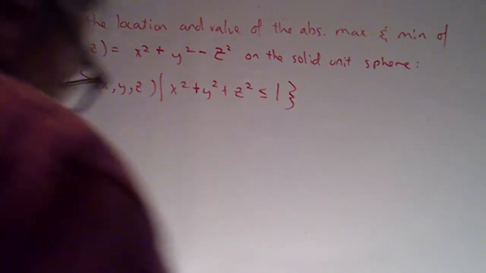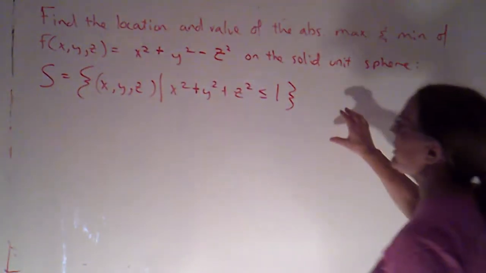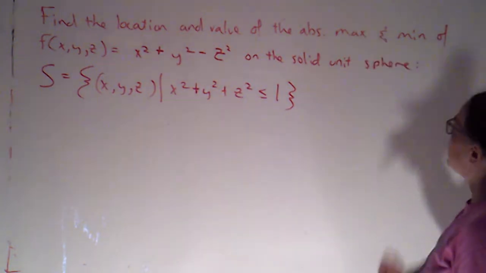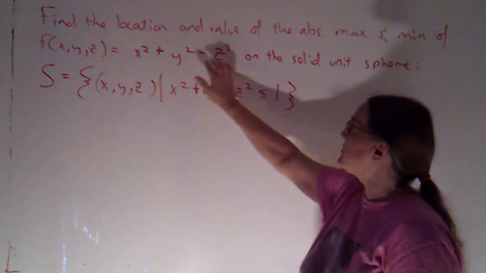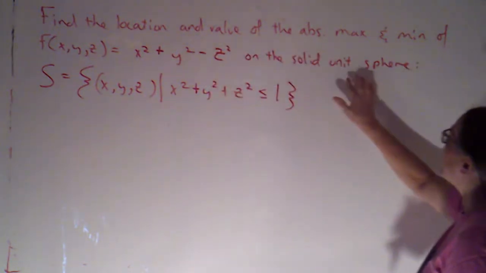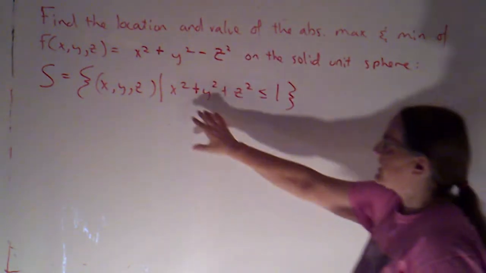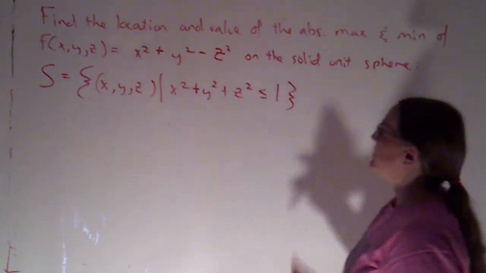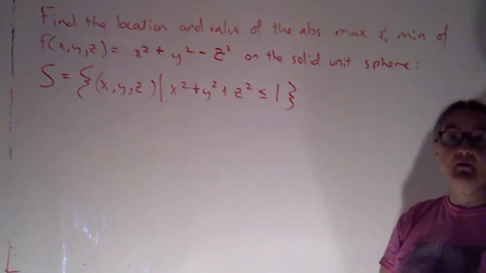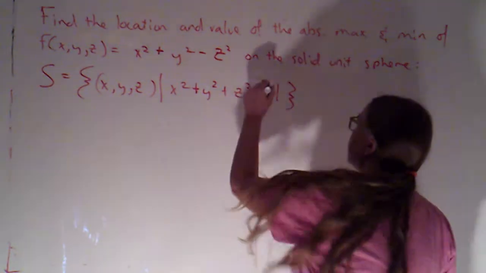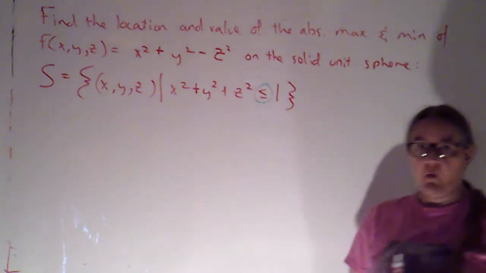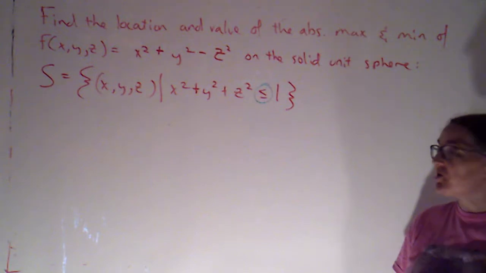Got another problem on the board, this time with a function of 3 variables. So we want to find the location and value of the absolute max and min of this function, x squared plus y squared minus z squared, on the solid unit sphere. That's the set of points in 3-space where x squared plus y squared plus z squared is less than or equal to 1. Now again, because this is less than or equal to,